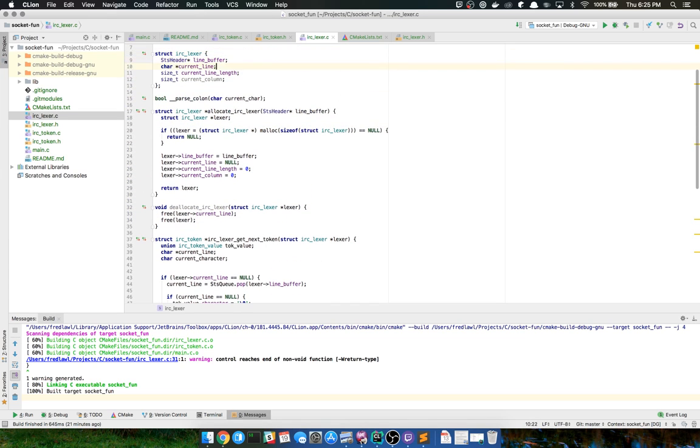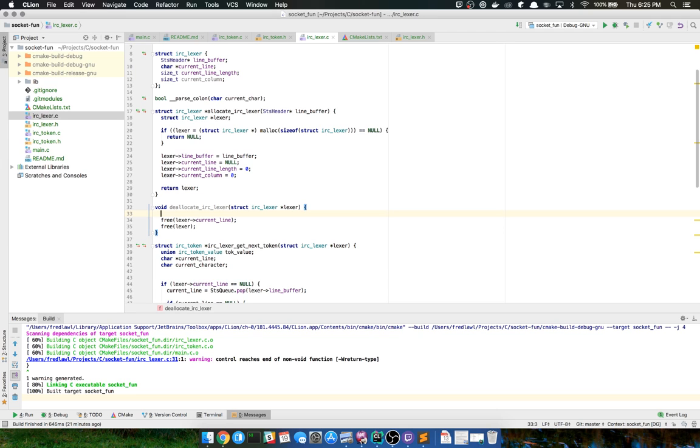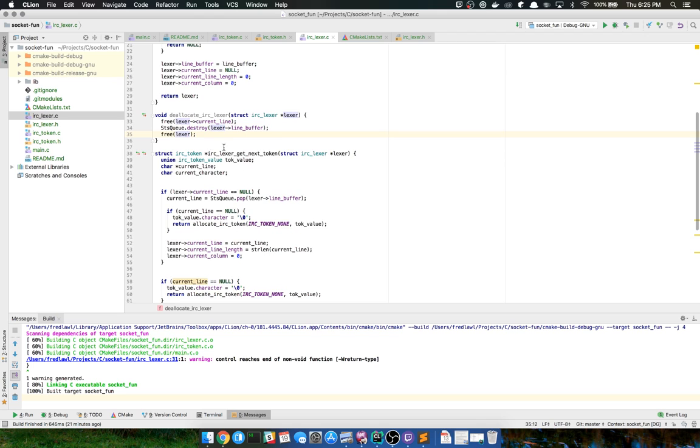Since I introduced a dependency, this line buffer here, I'm going to make the lexer responsible for deallocating that. So stsq.destroy, and then I'm going to do the lexer line buffer. Now I'm probably going to do this one of the last things I do. Okay, so we're going to free that line. We're going to destroy the buffer. We're going to free the lexer, and that should be a-okay.